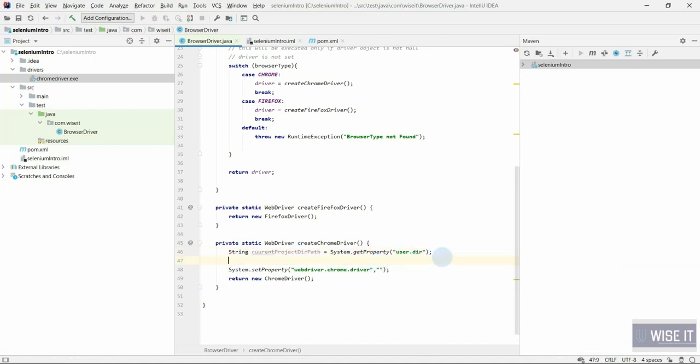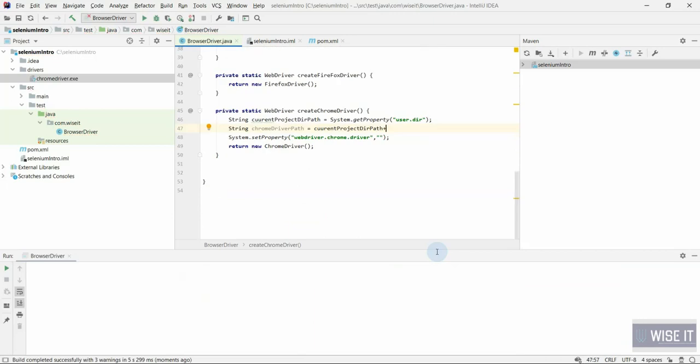and I will create another path. It will say Chrome driver path. So it will be current project directory path plus, here you need to give separator.